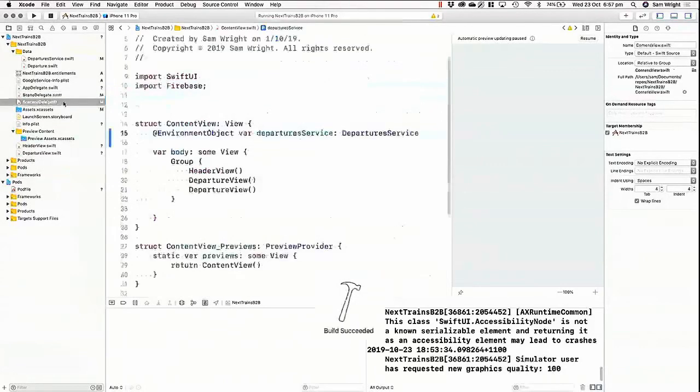And there we go, it succeeded. And then now we have access to that departure service in our content view. So we've injected that through. So then now what we want to do